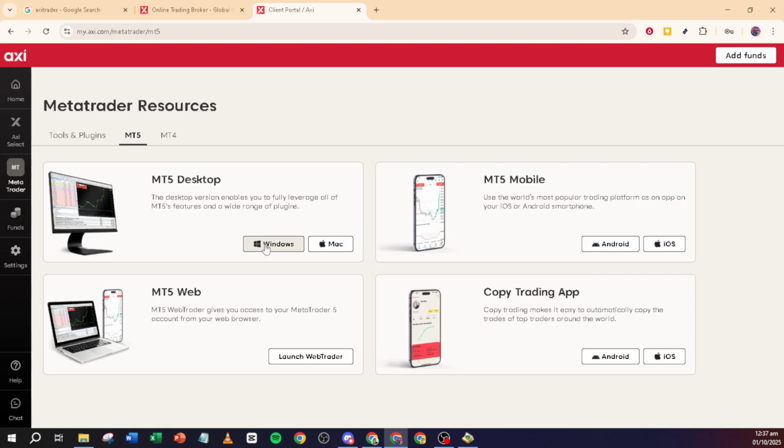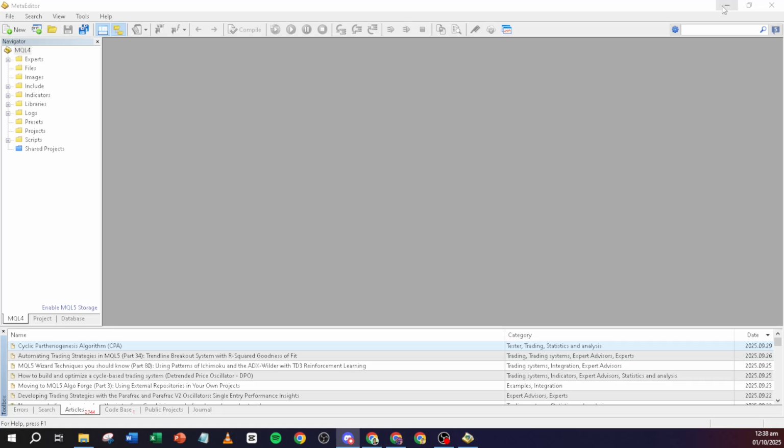Typically, you'll receive an .exe installation file from the broker's website. Go ahead and download this file to your computer. Once the download is complete, locate the file in your Downloads folder and double-click to run it. During installation, you may be prompted with a user account control window, asking for permission to allow the app to make changes to your device. This is a standard step for most installations, and granting permission will let the installation proceed.